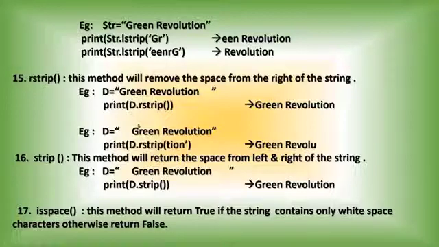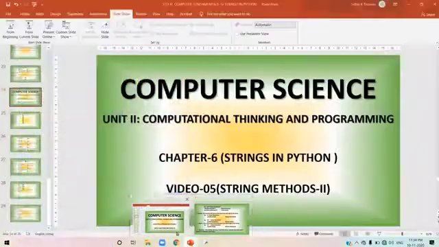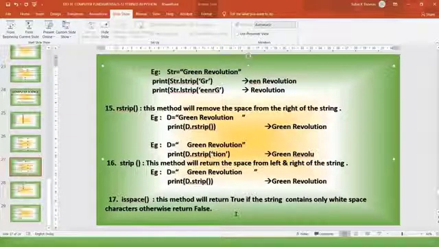There is an example written there, green revolution, say d dot R strip of, I just written TION. TION is inside the single quote, not only one single quote is mentioned over there. I'll change it in this slide itself. Otherwise, when you copy down the notes, you will make a mistake. Okay, so here I am going to write green revolution inside single quote. Say this is in single quote. Okay, then it's okay. So that means that part will be removed from the right of the given string. That is all about R strip.